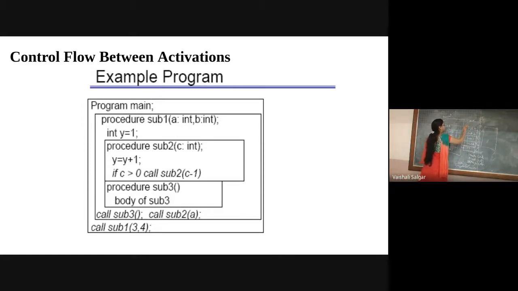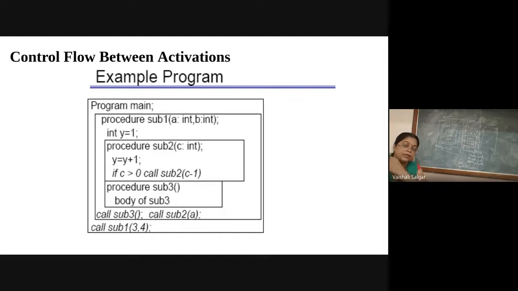Again, because this is recursive, it will point to the activation record of the earlier sub2. We will mention this as sub2 1, sub2 2. I hope you are able to understand. The access link is nothing but a pointer to the activation record of a caller. In this case, the activation links, control links and access link are going to be the same, but it won't be the same at the time of dynamic linkage. So I hope this much you have understood.